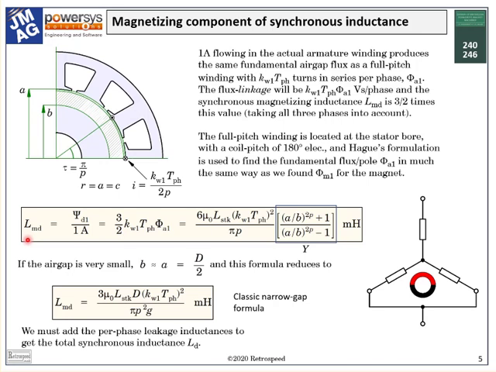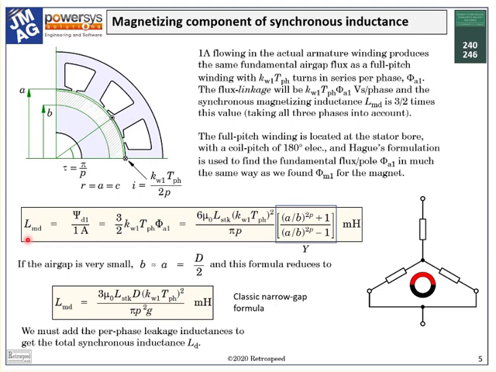All other components of inductance are lumped together in the leakage inductance, and the distinction between magnetizing inductance and leakage inductance is vitally important because these components affect the performance in different ways, not only in the steady state, but even more so under transient or unbalanced or fault conditions.